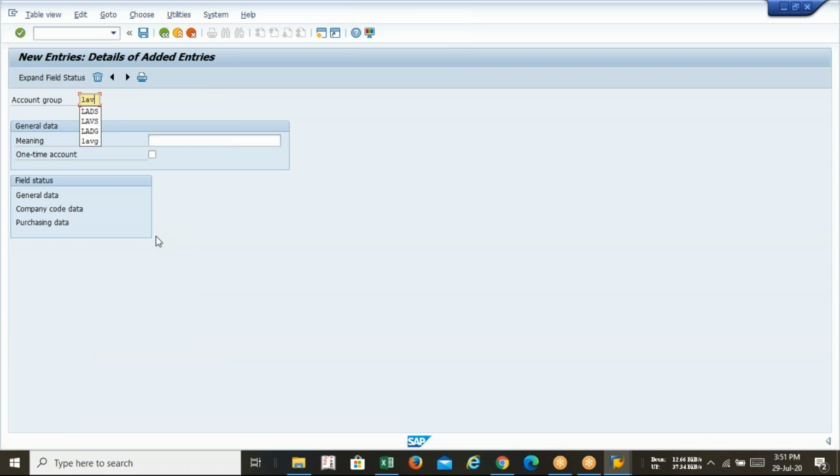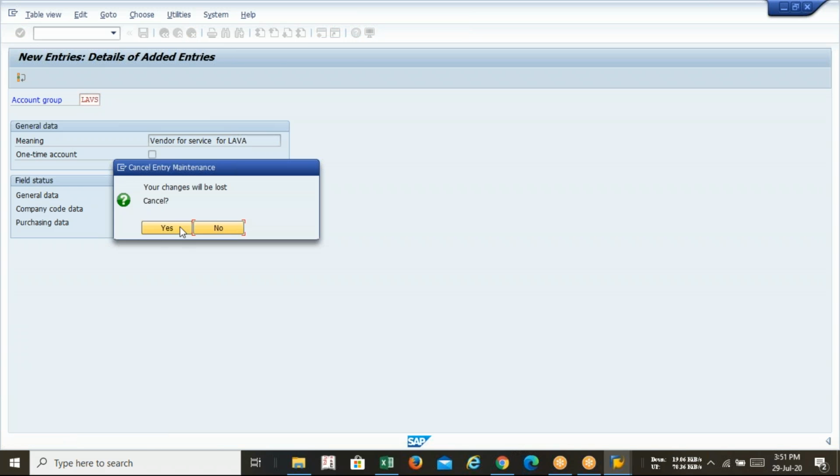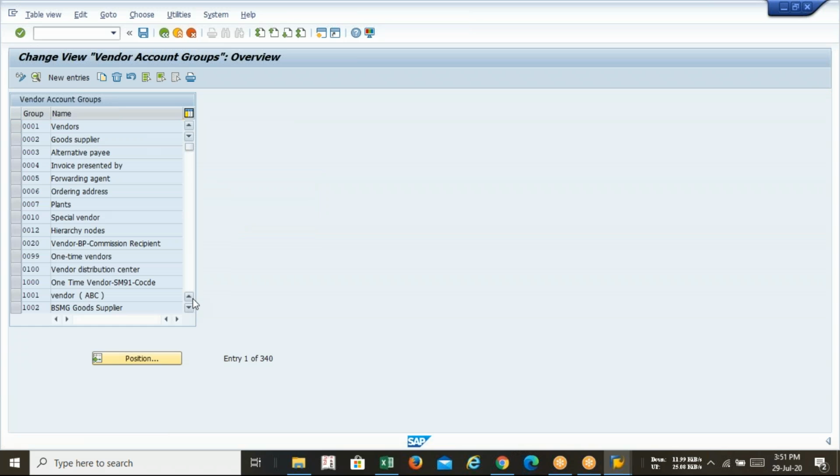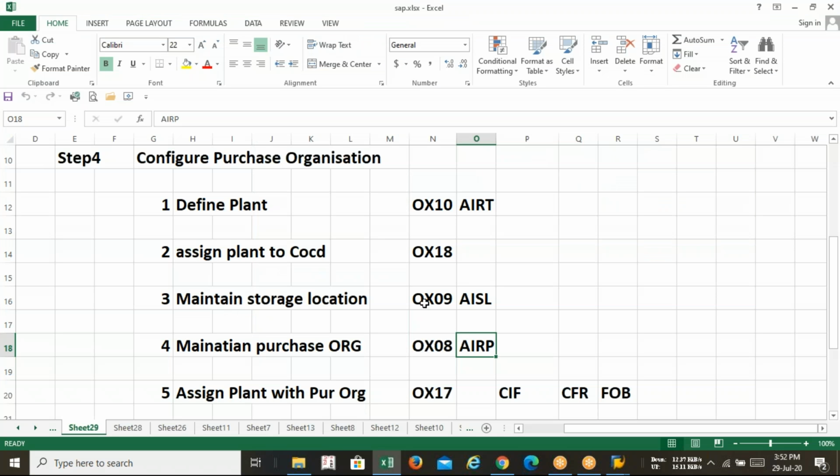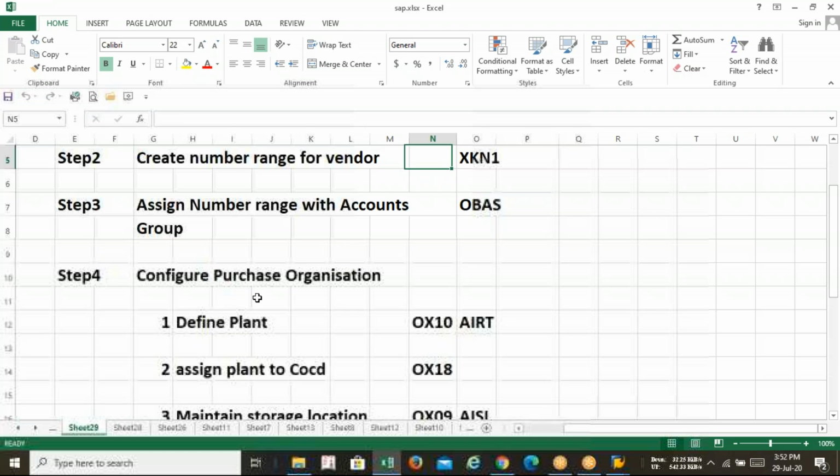LAVS. I'm selecting vendor for service. Oh, it's already been added. Yeah, LAVS is already there, so I need not create it. I only have to assign the number range, in OBAS.